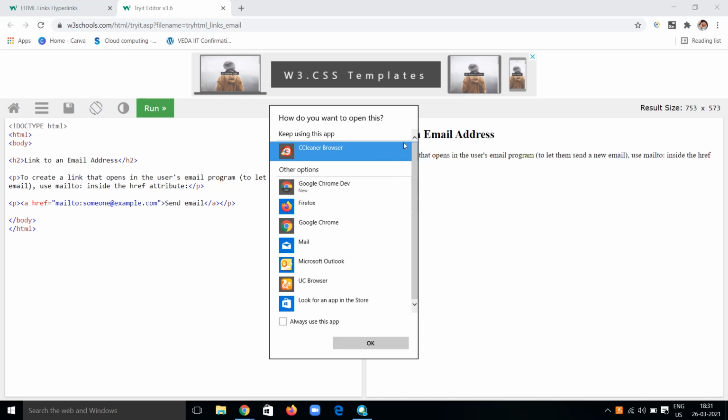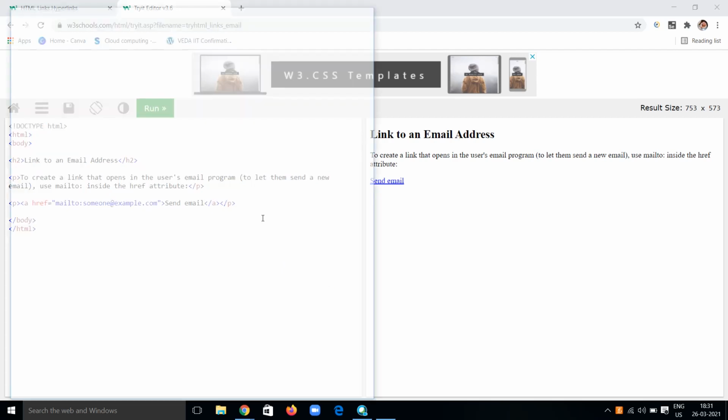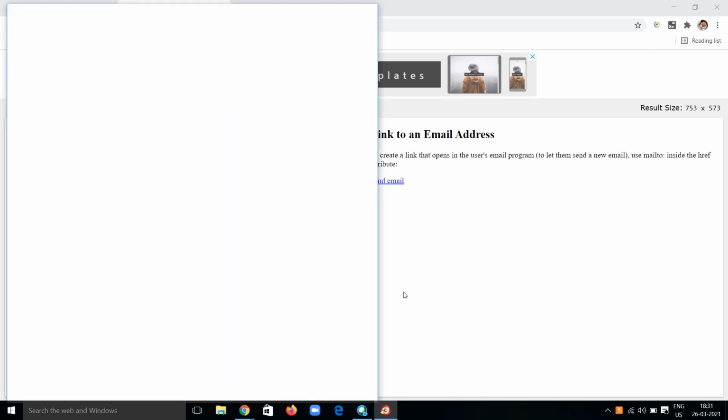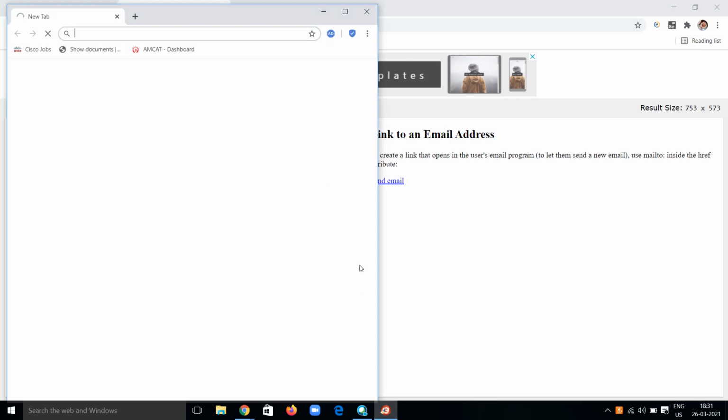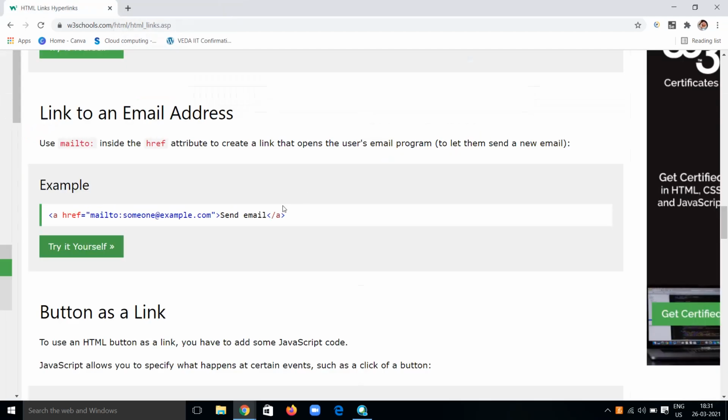As you can see, it is asking for some things. So you have to specify someone's mail, then you will be redirected to that mail. Here someone's mail is just an example. So let's do your own by giving your mail. Let's see how it happens, and try it yourself.